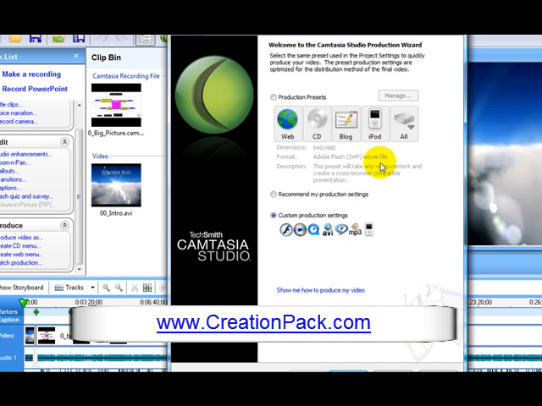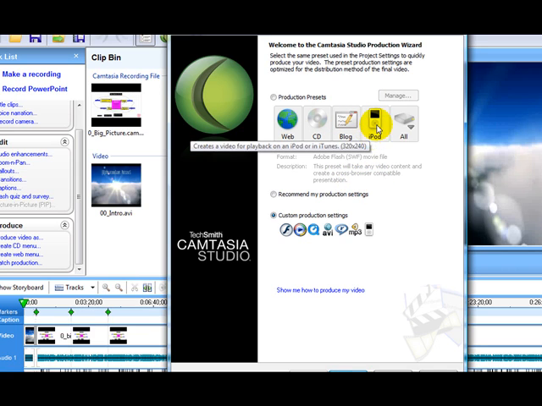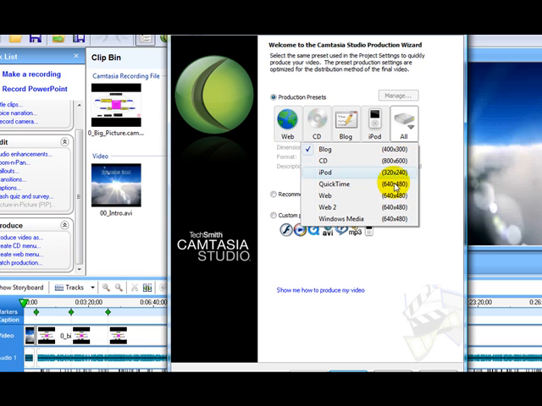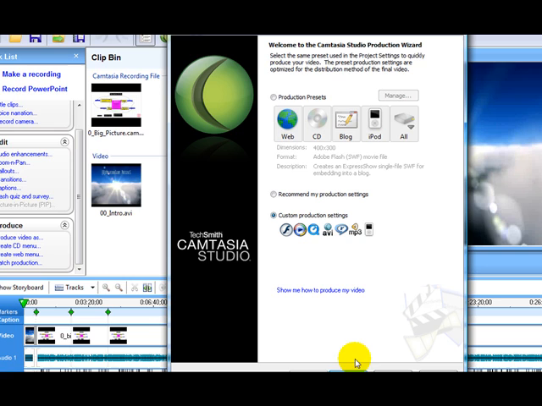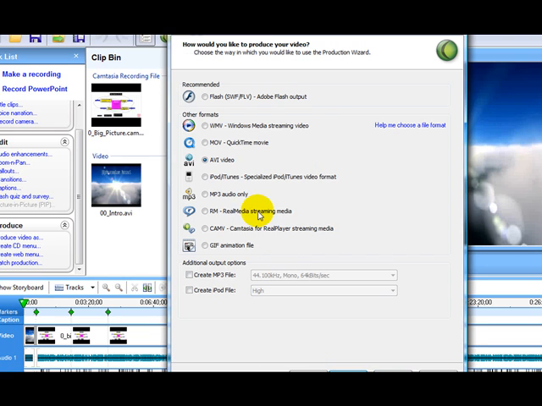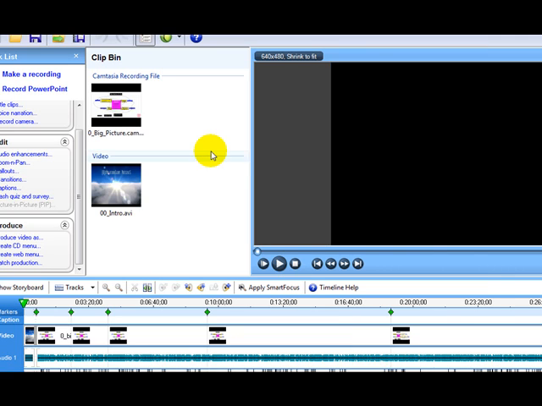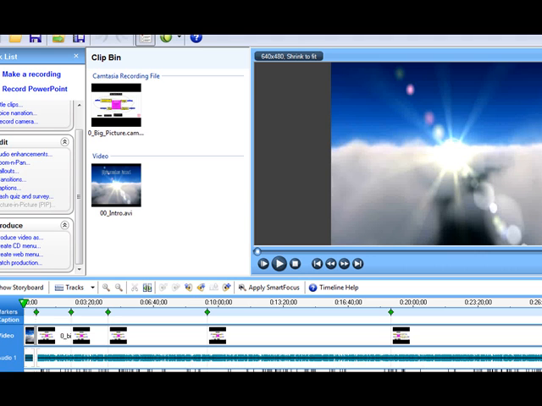Or a video to place on my blog, a video to play on my iPod, or as a Windows Media or QuickTime video. Or I can also do an AVI, a Flash, an MP3. There are so many other formats. So Camtasia will let you